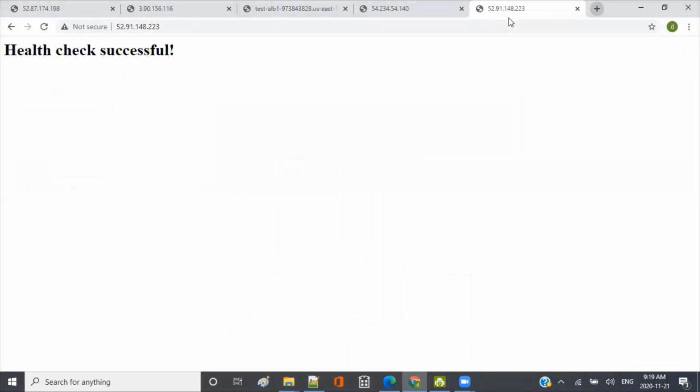Just go here and enter, and you should be able to access it. If it is readily available, then your launch template is good, because any instance launched from it has index.html and HTTPD and everything set up, so it will be available for the health check. That's important for the auto scaling group.